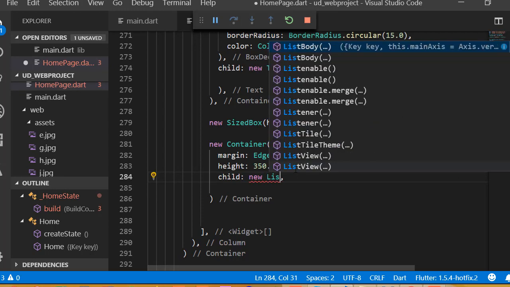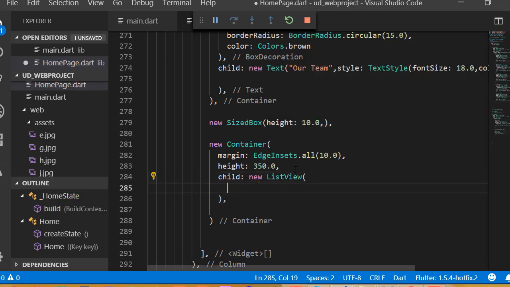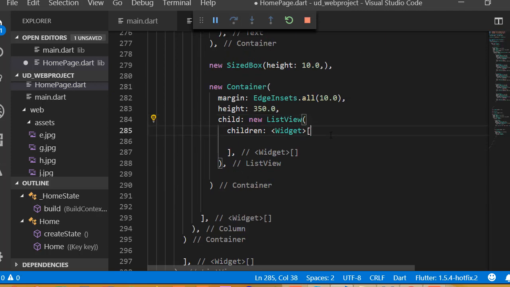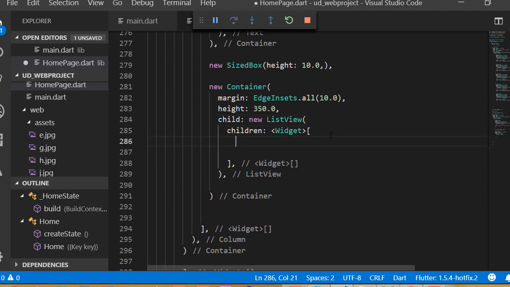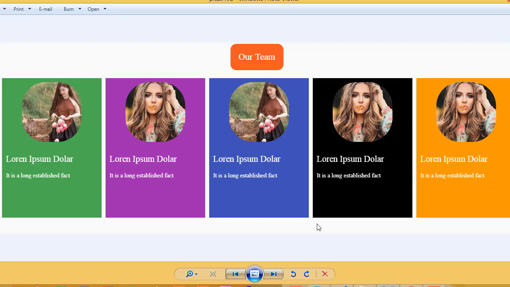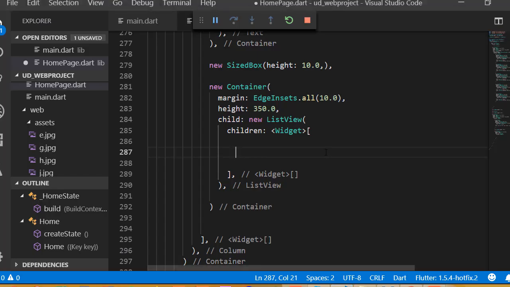So list view, and inside the list view we need to add the children of widget. Okay, so container, list view, and the children of widget, and inside the children of widget, each and every item will contain this data: one image, two text, and this thing. So for doing this, what can we do? We need to define a new